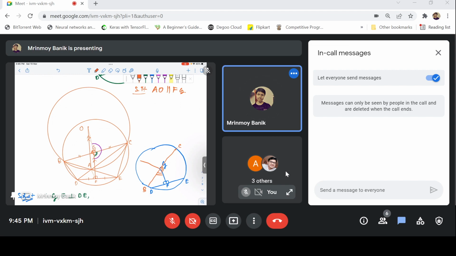This angle is GOA, which is angle COA minus GOC, and the angle FGO is 90 plus angle FGB. The GOC is